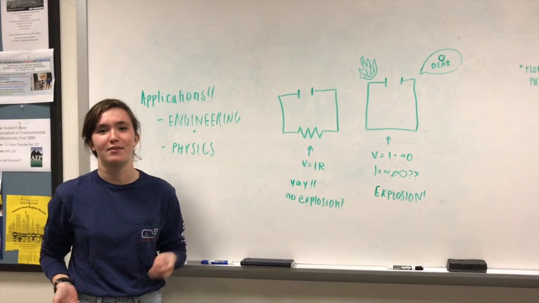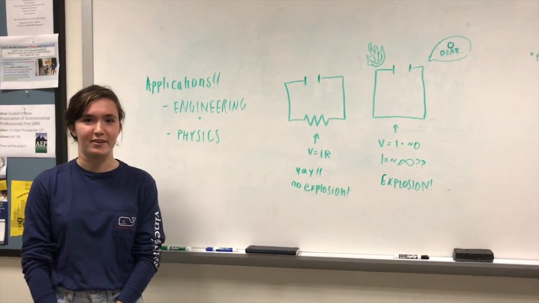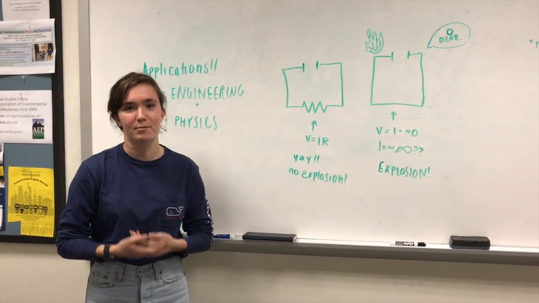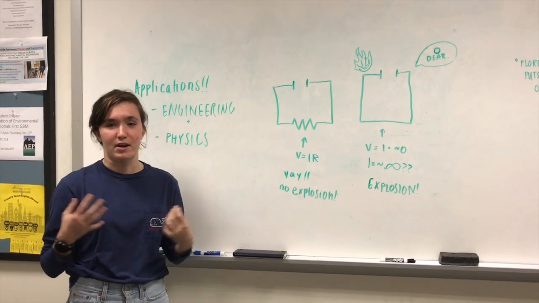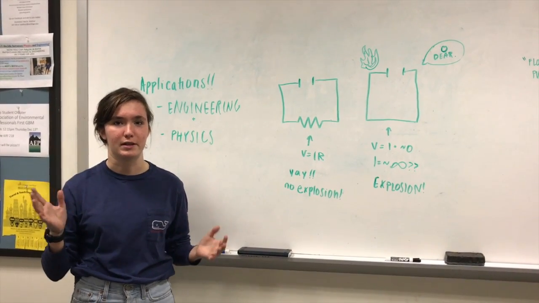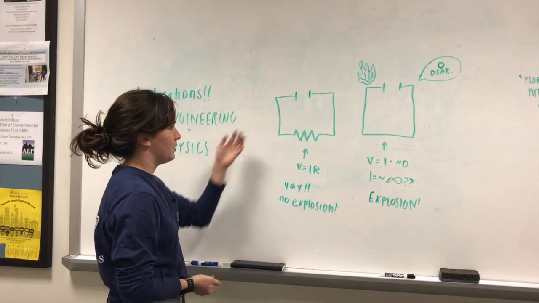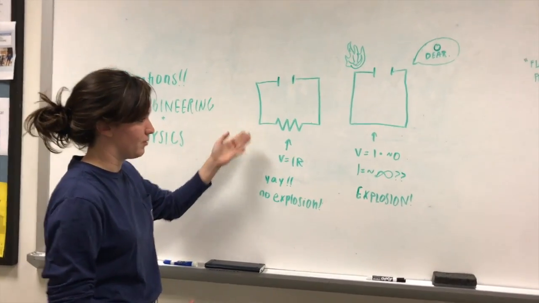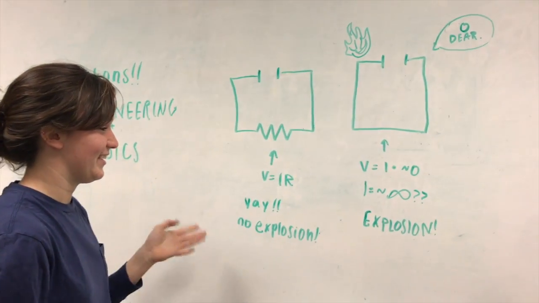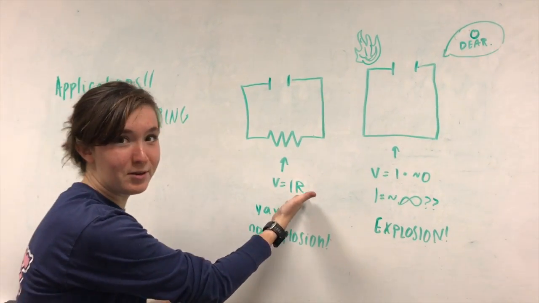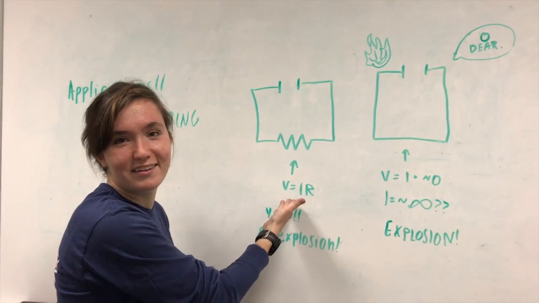Alright, so resistors have a lot of practical applications in the field of physics and engineering, and they're used in almost every kind of circuit to stop the flow of charges or to hold them temporarily. Here you can see a normal circuit where V equals IR, and so with a real number for resistance and